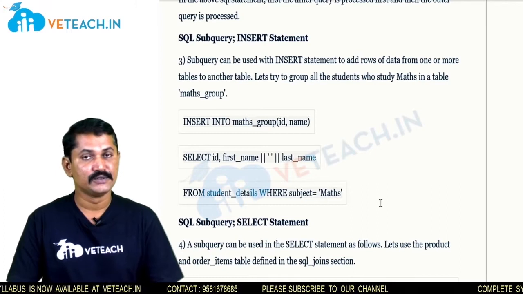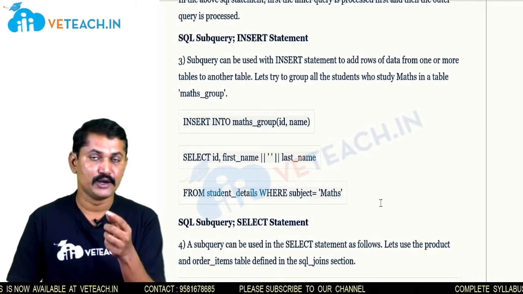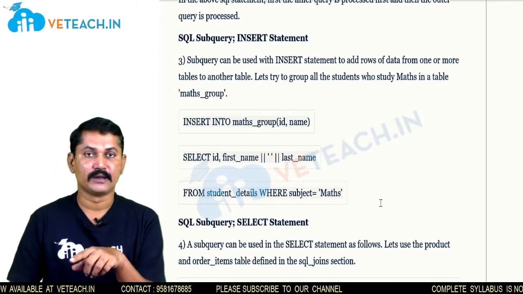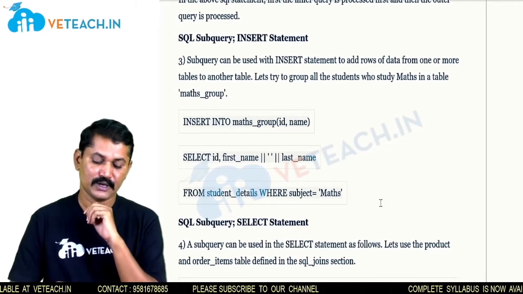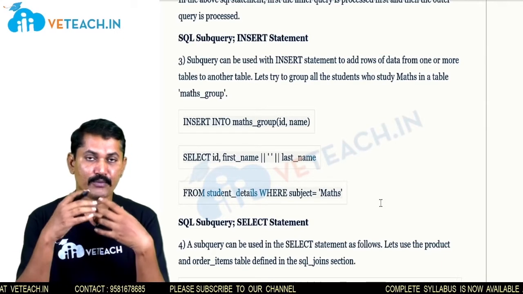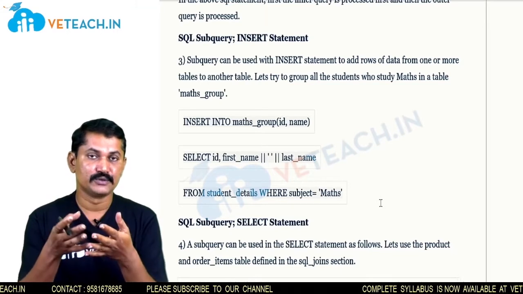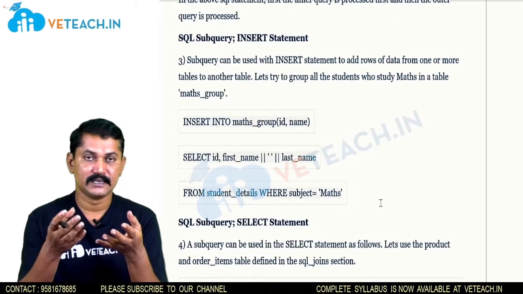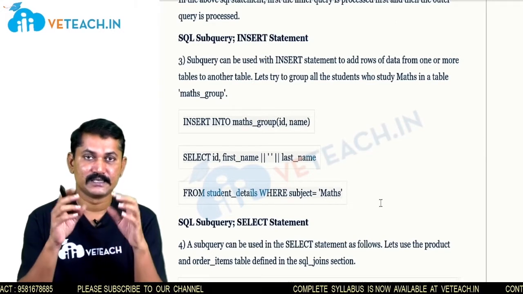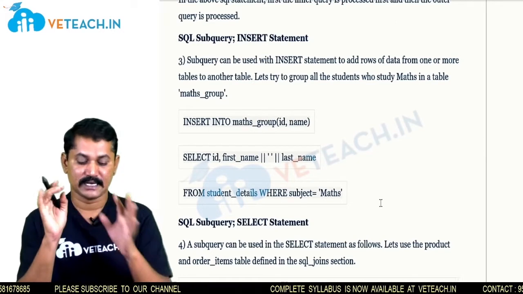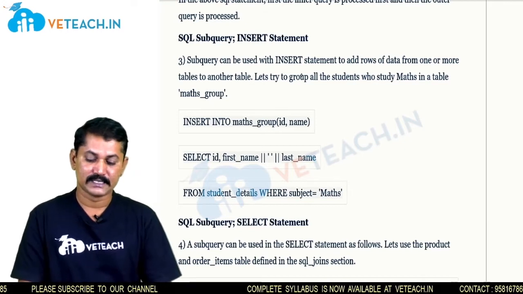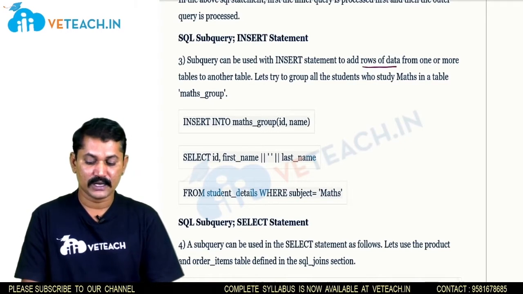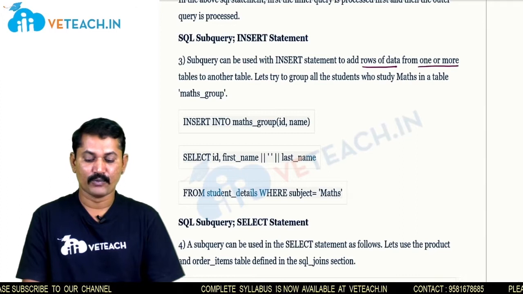Insert statement is used only to insert the values to the predefined columns, that means predefined attributes. That means where I am going to insert the values to the new students along with the condition. That means writing the insert statement along with the condition is subquerying the insert statement. Subquery can be used in the insert statement to add the rows of data, that means from one or more